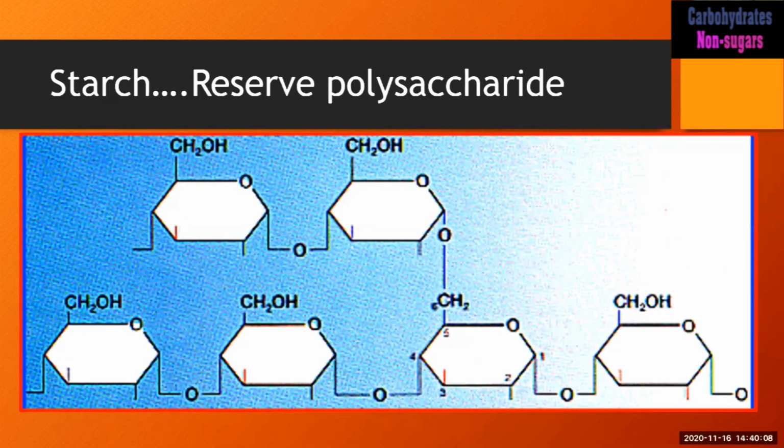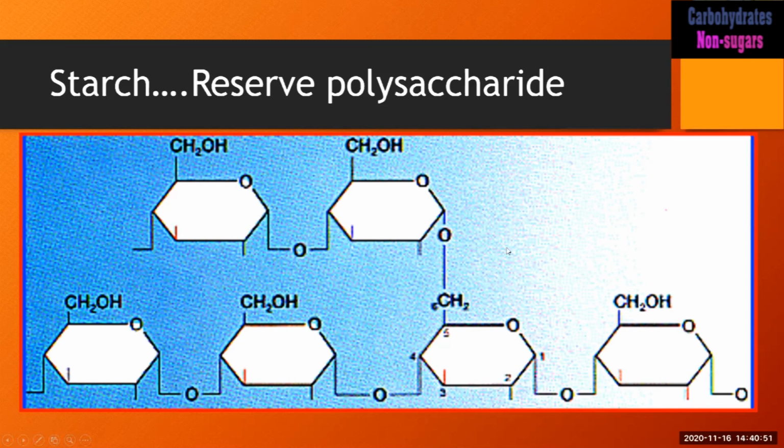Here you can see the structure. This is the straight chain structure where the linkage is alpha-1,4. This is an alpha glucose, this is also an alpha glucose, and this is carbon number 1 and this is carbon number 4, so alpha-1,4 linkage. At every 13th glucose residue, there is a linkage at the 6th carbon atom. That makes a branched structure, so we say it's amylopectin. This straight chain is known as amylose and this complete structure is known as amylopectin.